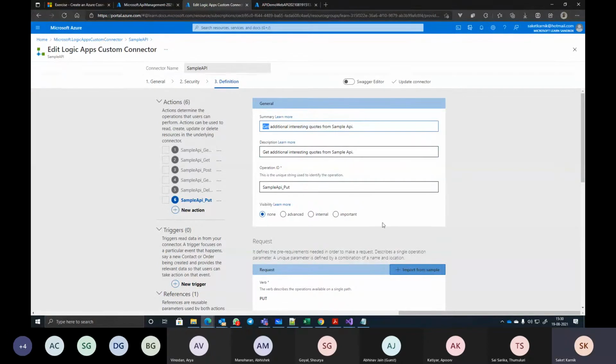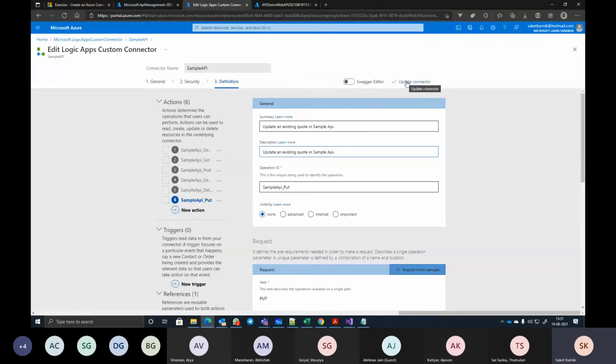Here I'll say an existing quote in sample API. And it's all configured.